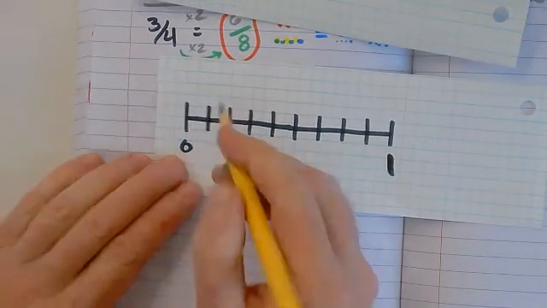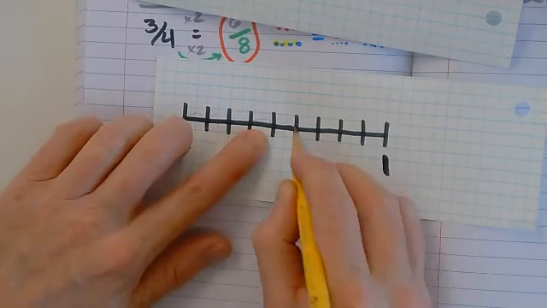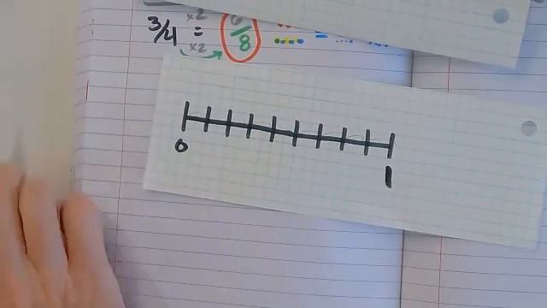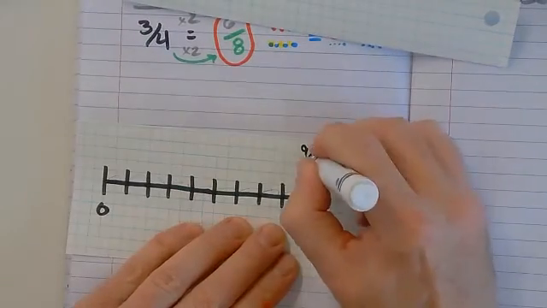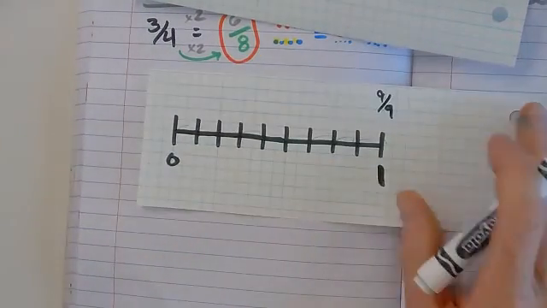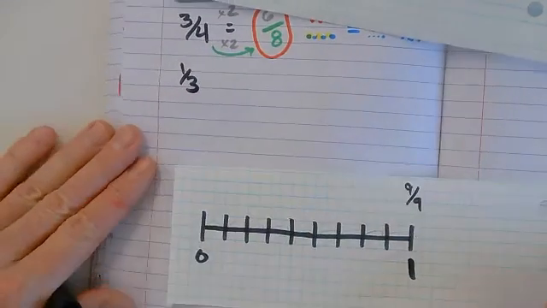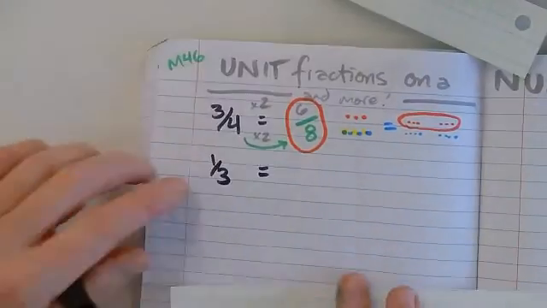But in terms of jumps, number lines are 1 jump, 2, 3, 4, 5, 6, 7, 8, 9. So if you have 9, what I like to do is, we'll put 9 ninths. So they're trying to find 1/3. So I'm going to put 1/3 over here. All right. You have 1/3, and just like up here,